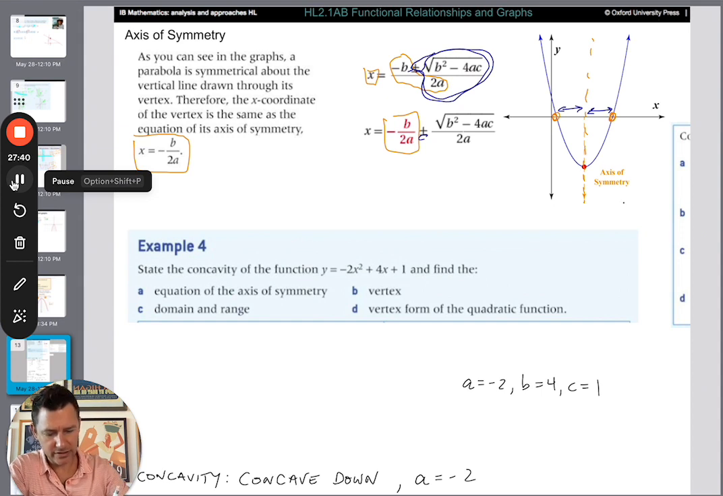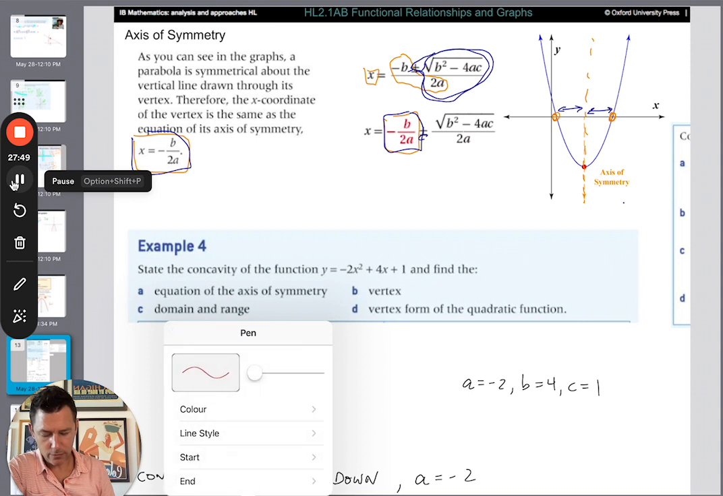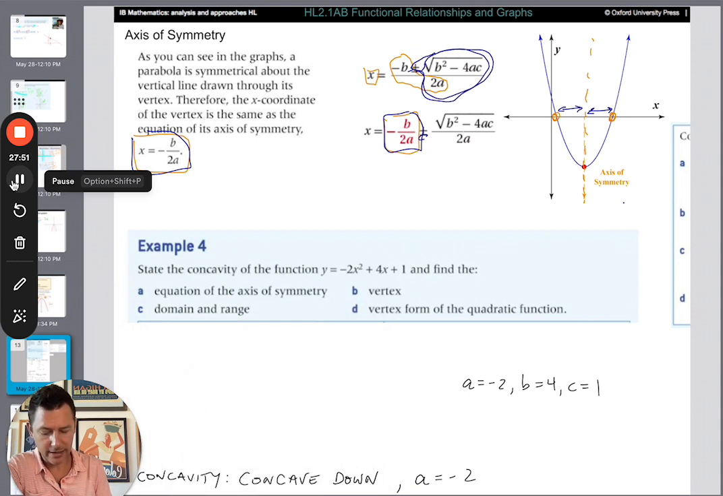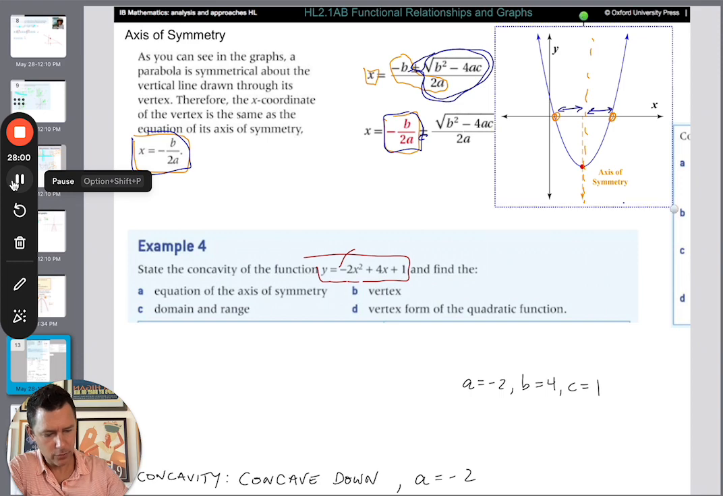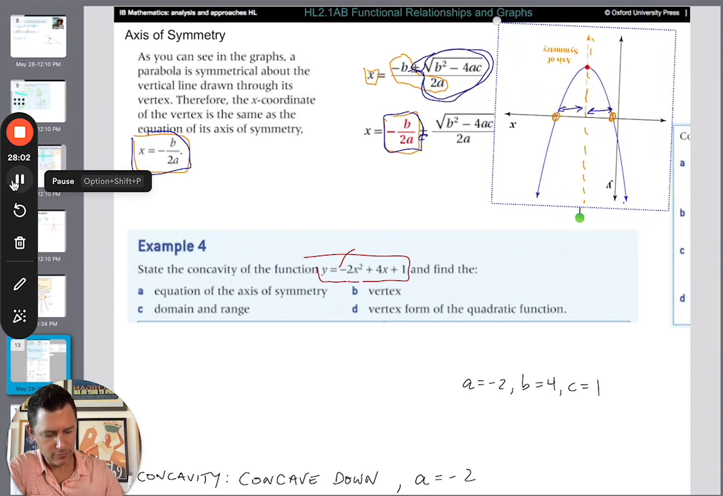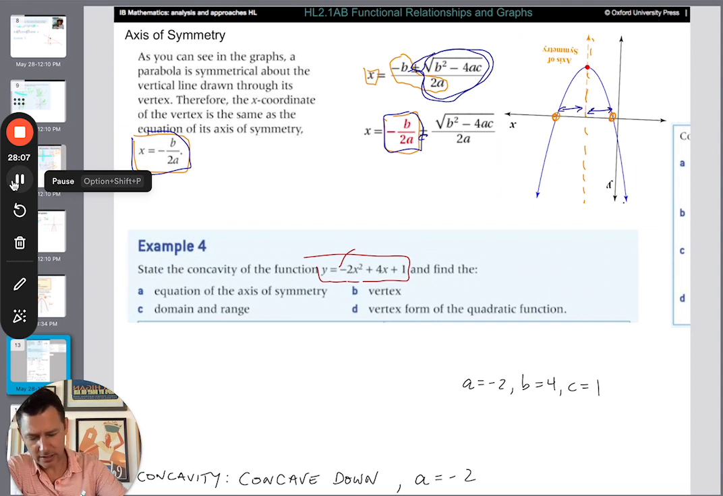So we can just steal this stuff off the front and realize that that is this axis of symmetry. Okay, so one way to run this, here's state the concavity of this function. Well, a term is negative, so it must be concave down. So our graph looks like that. Great. Find the equation of the axis of symmetry. Well, we can just use this and say this thing is B, this is A, so